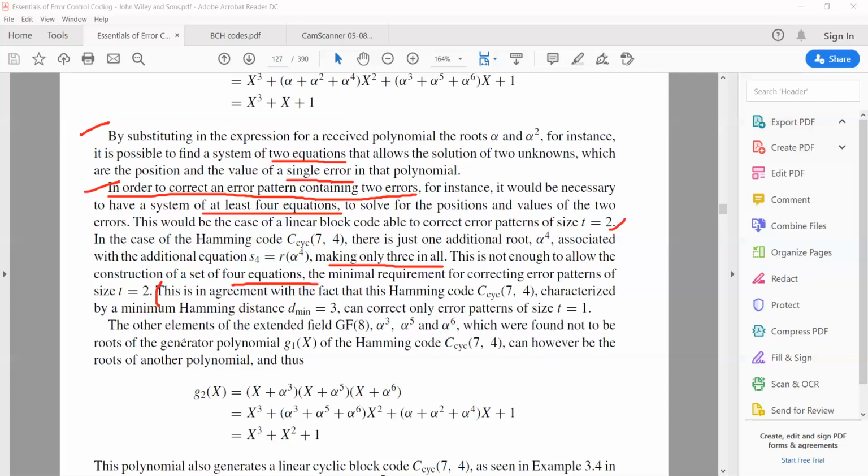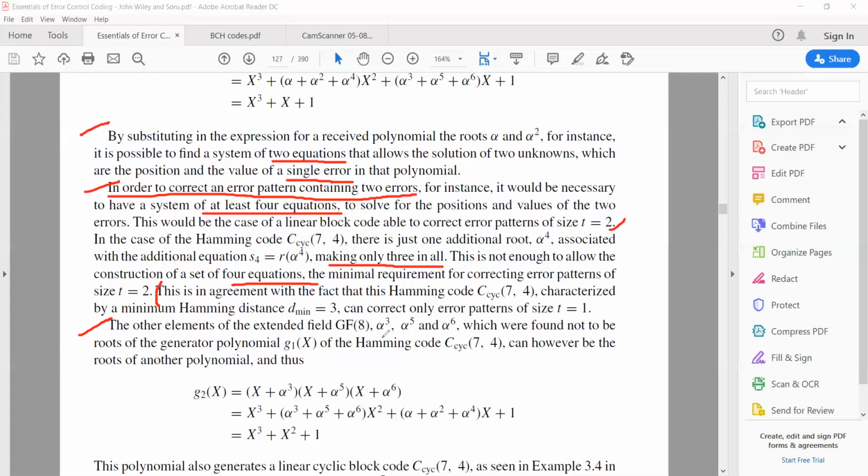So that is why it is written here that the other elements of the extended field GF8, which are alpha cube, alpha 5, alpha 6, which were found not to be the root of the generator polynomial g1x of the Hamming code 7,4, can however be the root of another polynomial, and thus